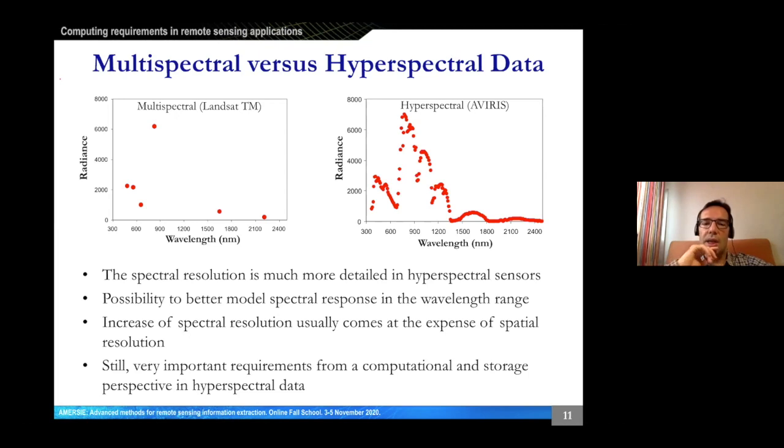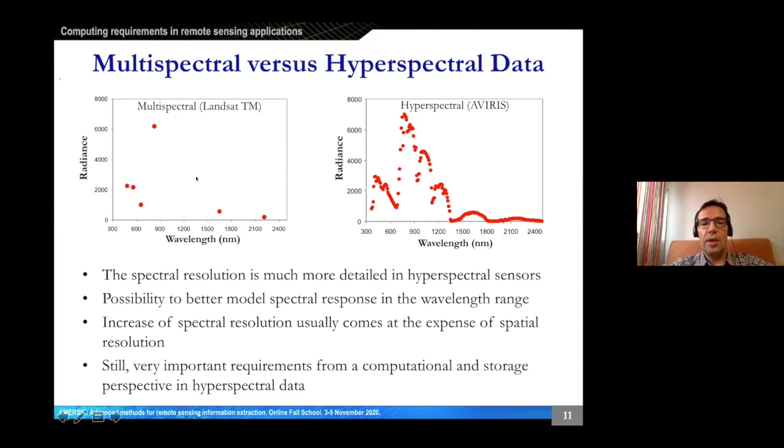You can see the classic AVIRIS collects data from approximately 350 to 2,400 nanometers. So the sampling, the number of measures collected by a hyperspectral instrument, is much more detailed than the number of measures